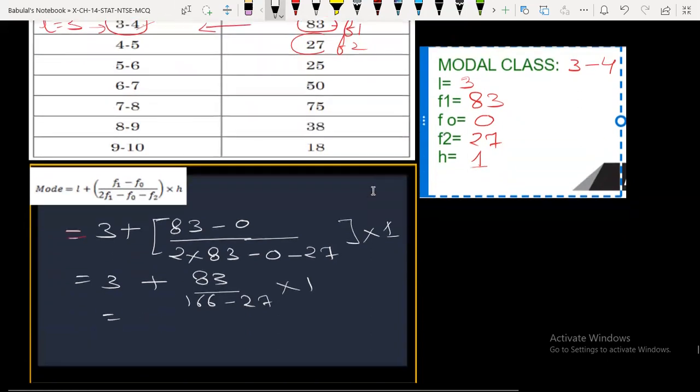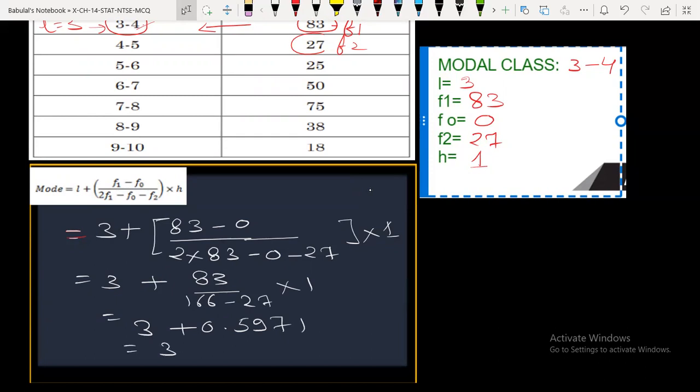On further simplification, that is 3 plus 0.5971. So the answer is 3.5971